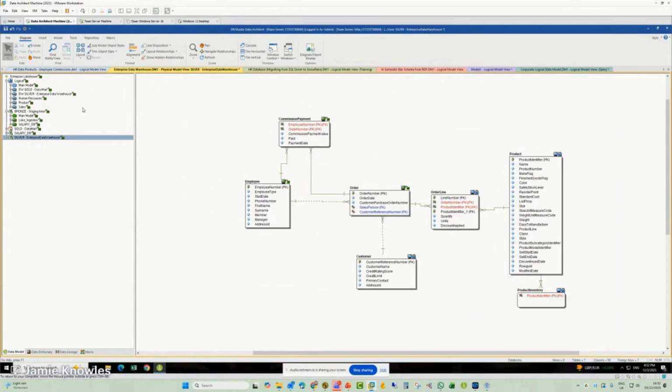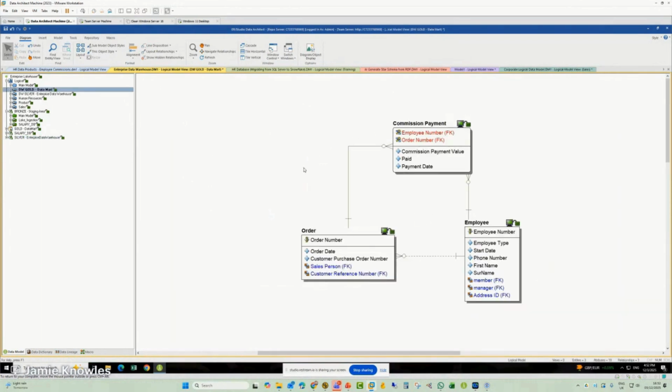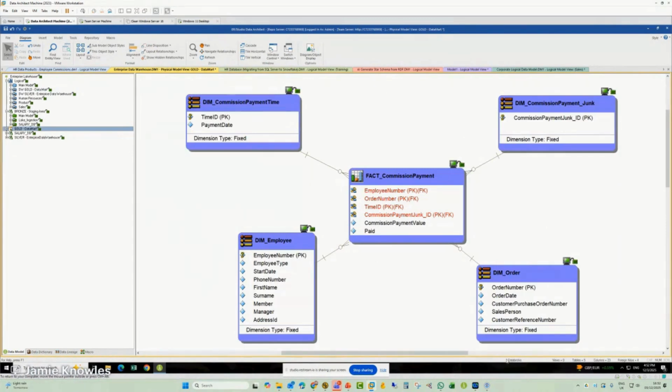Okay. For the gold layer, same sort of thing. So I've got the same logical model. I've got commission payment, order, and employee, and I'm now going to create a star schema from that. So again, a new physical model. Again, this one's also held in Databricks. You can see at the bottom of the screen, but I've refactored those logical third normal form entities into a star schema. So I've taken commission payment as the central fact table, and all the other data I've added as